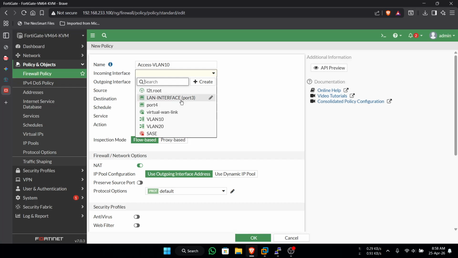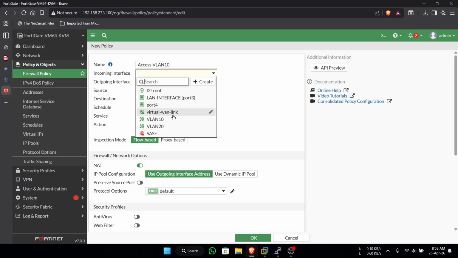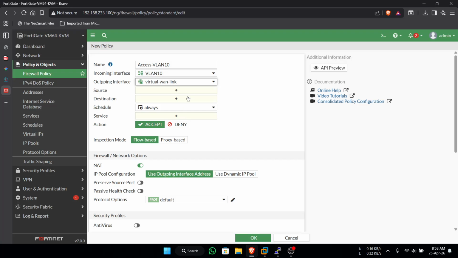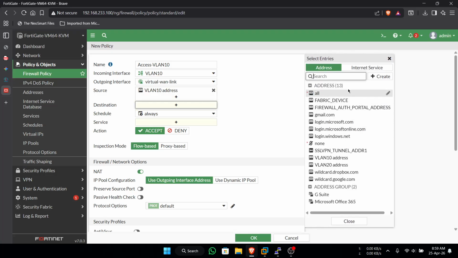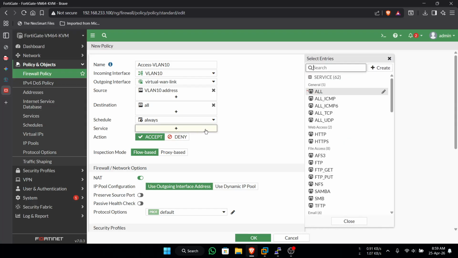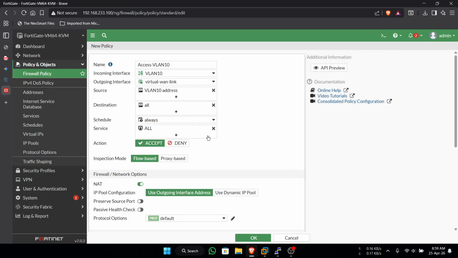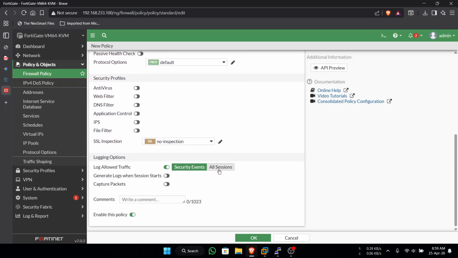Incoming interface from VLAN 10. Outgoing interface, virtual WAN link. Source VLAN address, destination all. Okay, service all. Then enable all sessions.